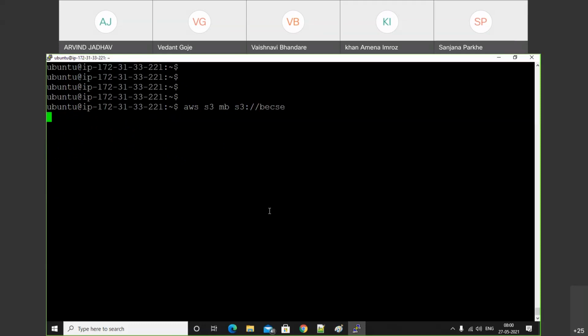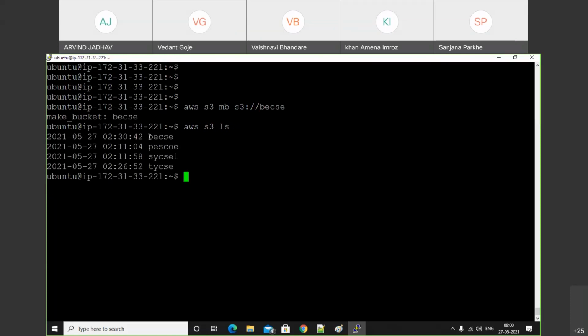Just enter it. See, make bucket BECAC. We successfully created the bucket called BECAC. Now I want to list out that bucket. AWS S3 ls, show. See, we have successfully created a bucket called BECAC. By using the command line interface, we can also create the bucket.